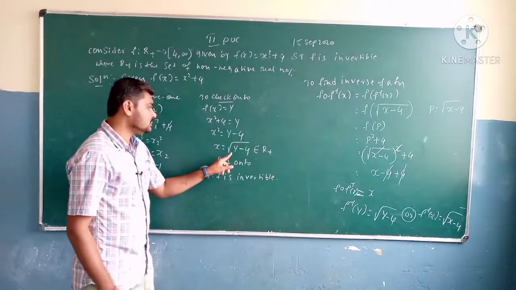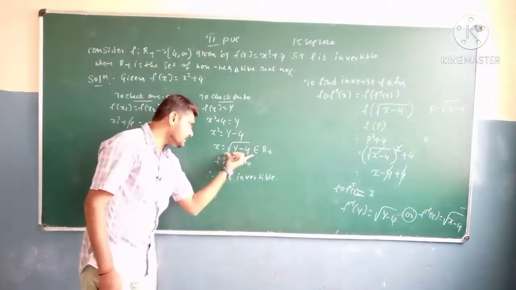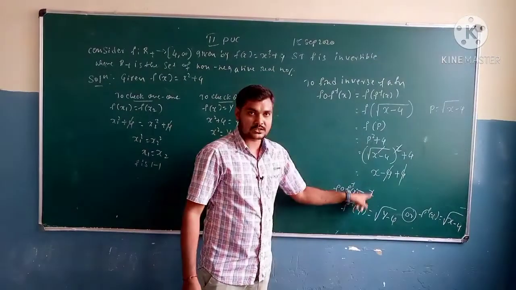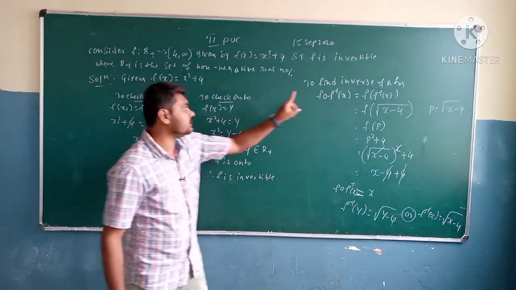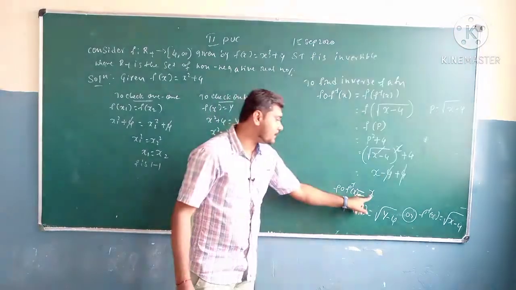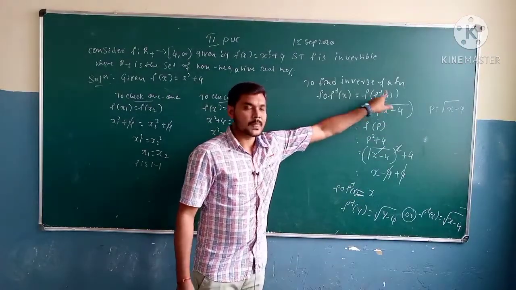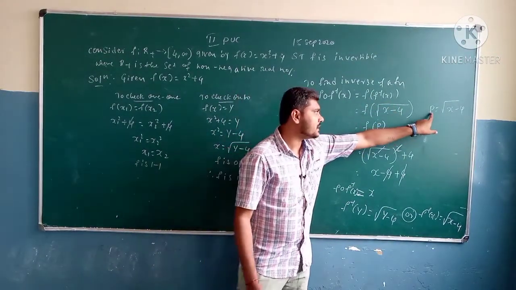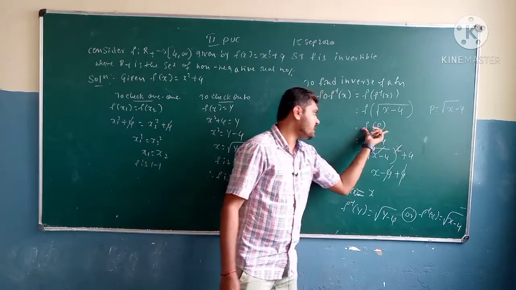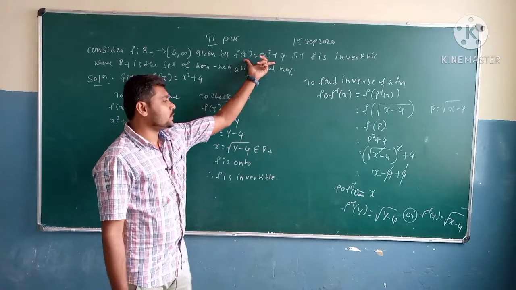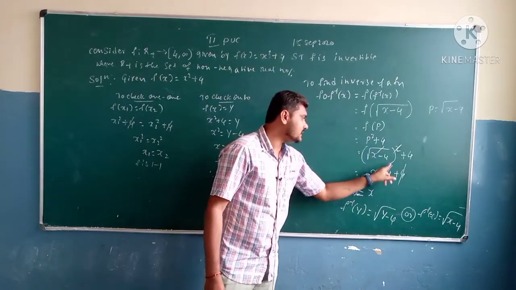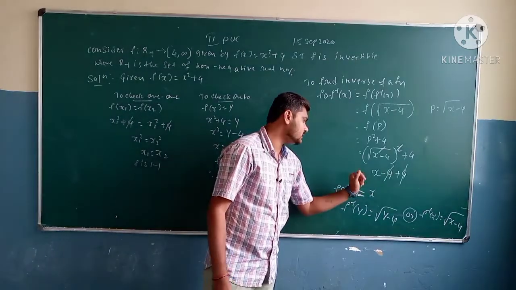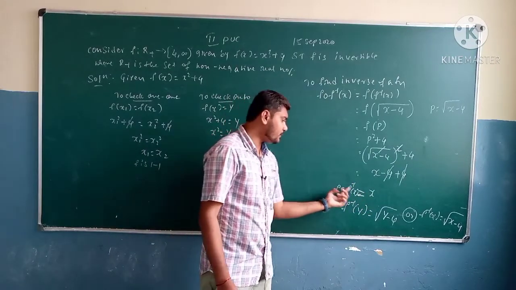Where does the inverse function come from? It comes from the function, which we write in the form of x, to get the value of x. If you want x in terms of y, we take f inverse of y. But I want it in the form of x, so I am taking f inverse of x, which is root of x minus 4. For simple calculation, I write p is equal to root of x minus 4. So f of p: f of x is x square plus 4, so f of p is p square plus 4. Plus 4 and minus 4 cancel each other, and the result is x. So f of f inverse of x is equal to x.